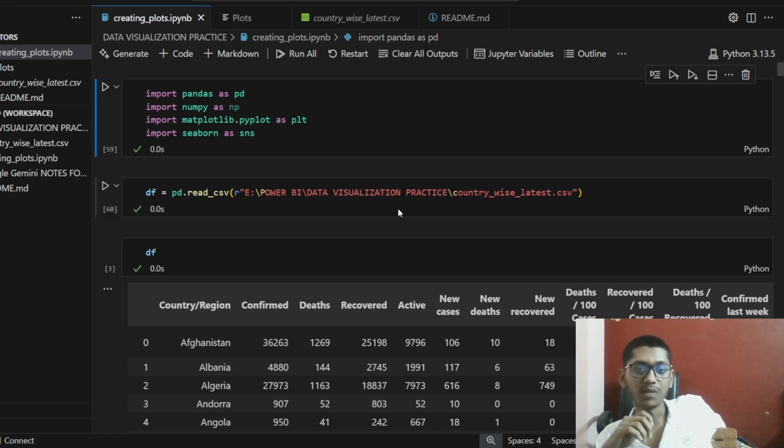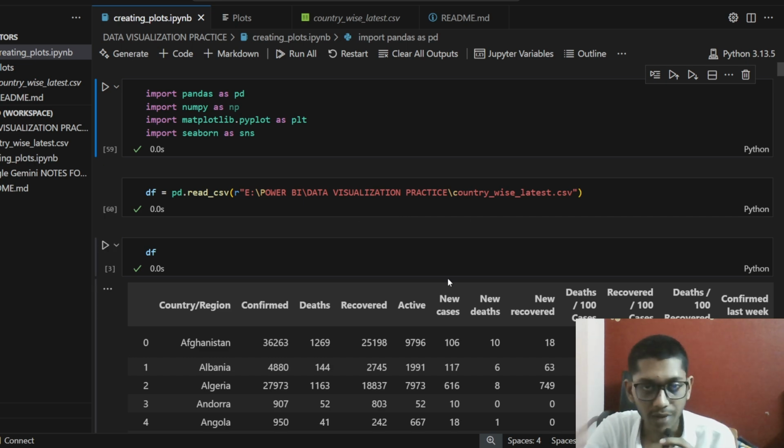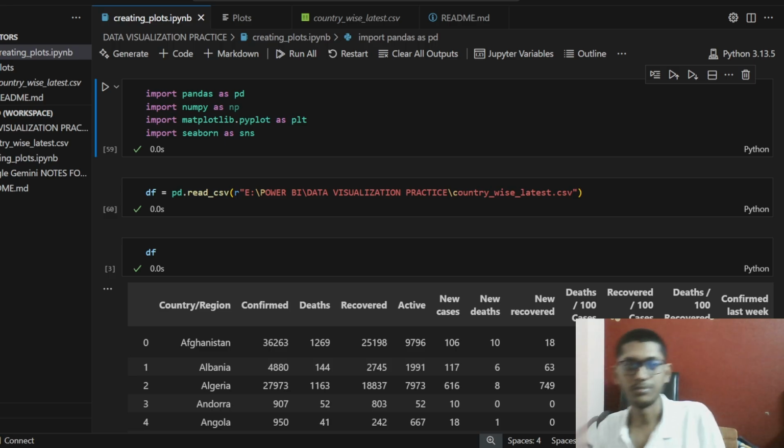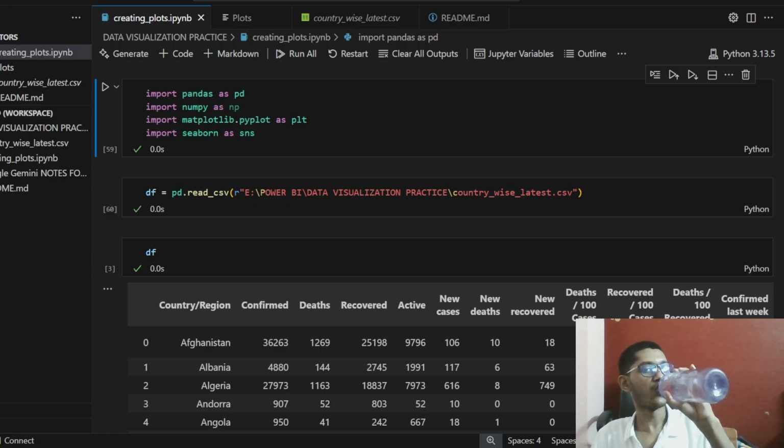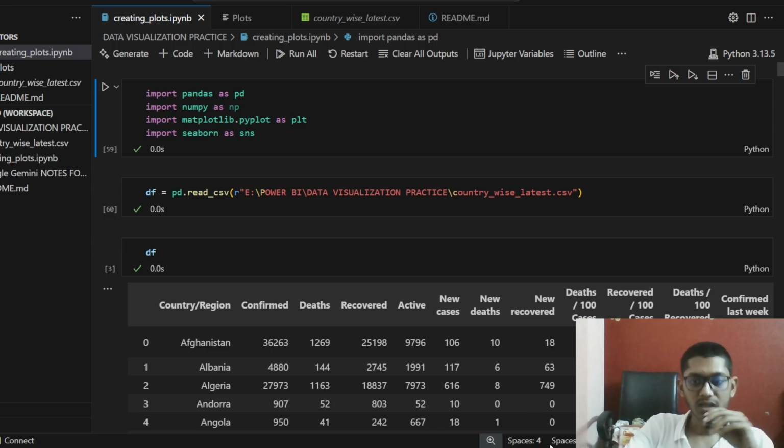We are not good at numbers. Humans are not good at numbers, observing the underlying patterns and stuff like that. So we have to visualize the data using graphs, right? Okay, so we have to visualize the data using graphs. So for that thing, what we are going to do is